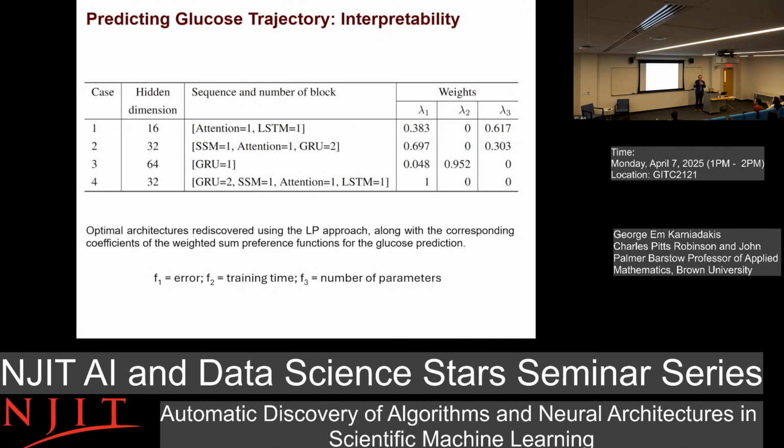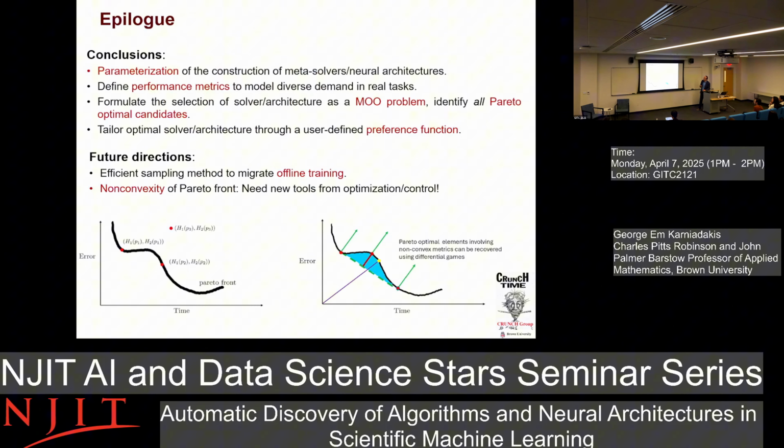So you can solve the forward problem, find the best architecture for my preference function, and then I give you an architecture, what is this good for. So you can solve these problems both ways. Okay, so basically done. I want to summarize and say that you can use parameterization to discover different solvers or neural architectures. And of course, the same type of approach could be used in different fields, where you're looking for something optimum or semi-optimum, because with the preference function, you can control that.